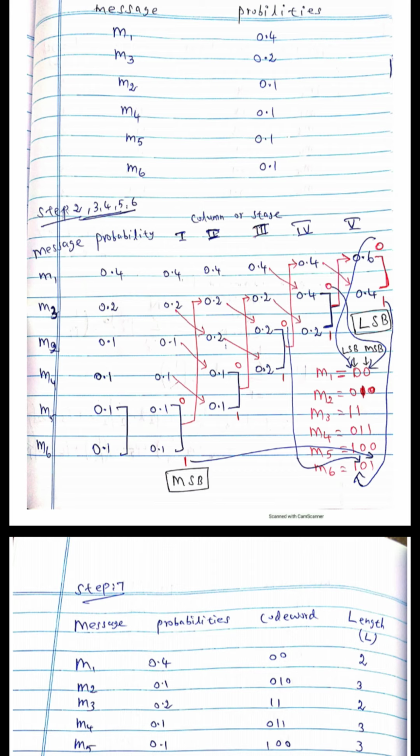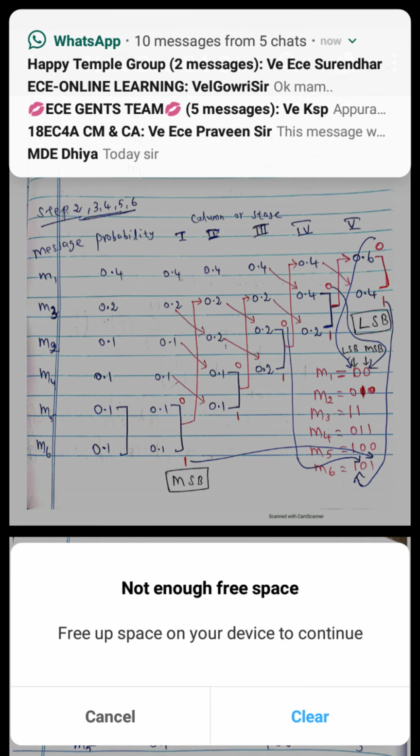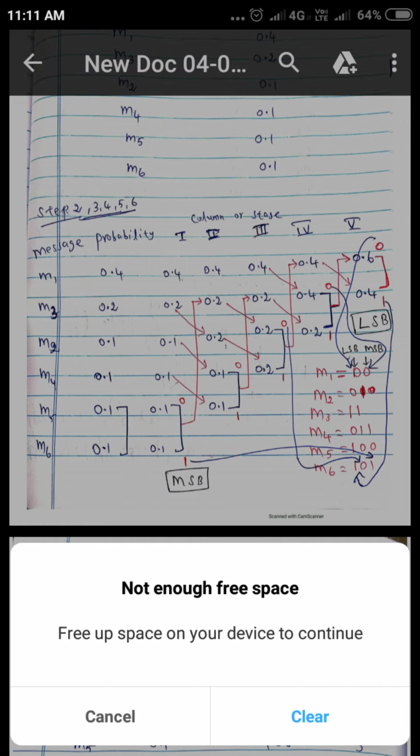First write down the LSB bit 0, next the value is 0. Similarly in M2, first the LSB 0, then 1 and 0. Similarly in M3, first LSB 1 and the next bit 1. Similarly in M4, first write down 1 in LSB, and 1 and 0 in MSB. Similarly in M5, first 0 and 0 and 1.